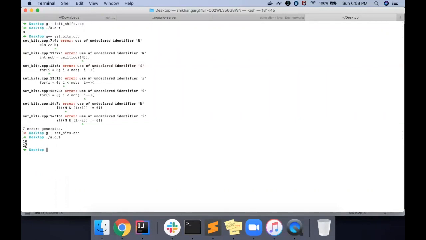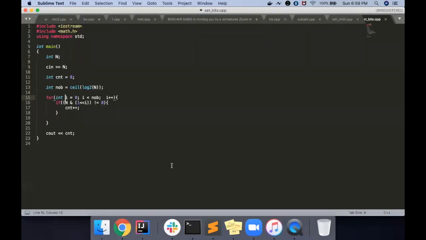So for 10, the answer is 2. Let's run it again. For, let's say, 15, the answer is 4. For 8, the answer is 0. So here we did exclude something. For 8, the answer should be 1.